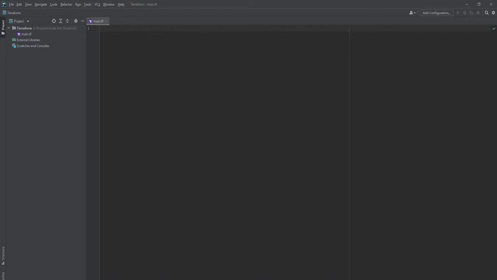But to start with that, we have to set up something as the first time, or maybe you are writing it for the first time. So you have to have some kind of a setting. This is a configuration that we need to provide, which will instruct Terraform to execute accordingly.